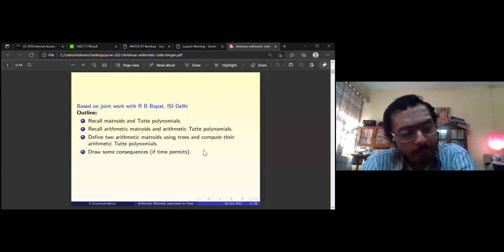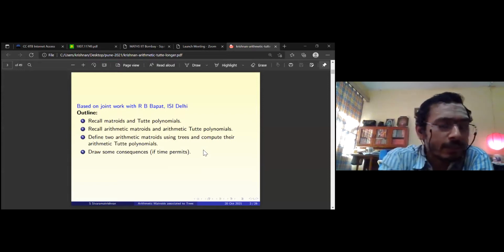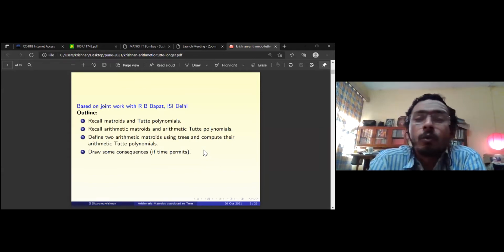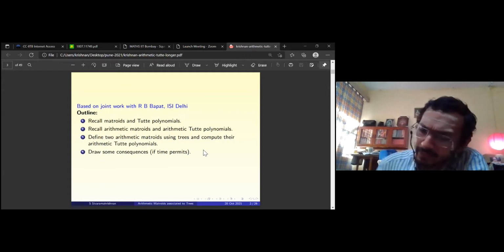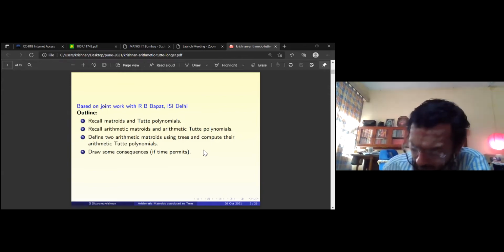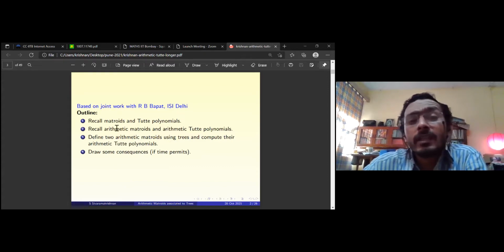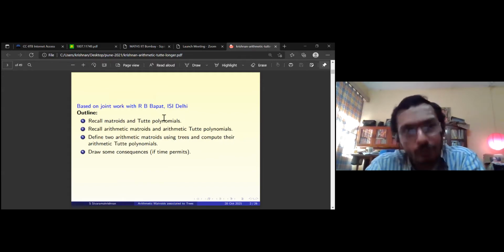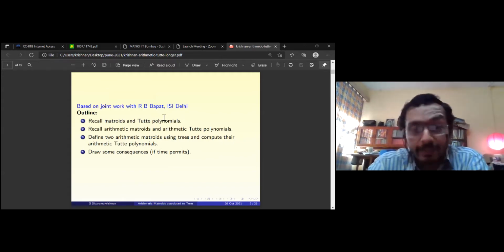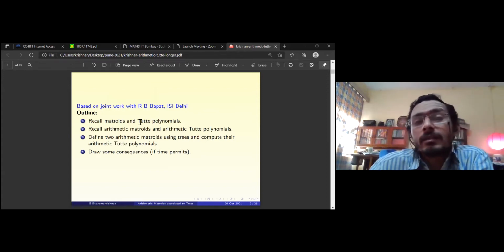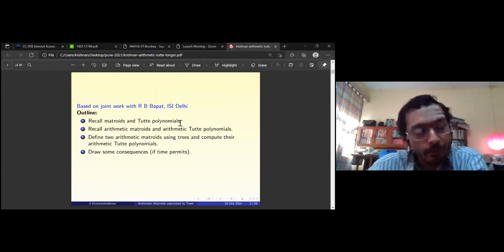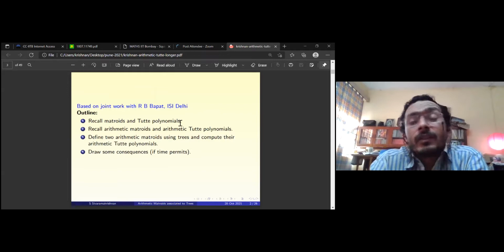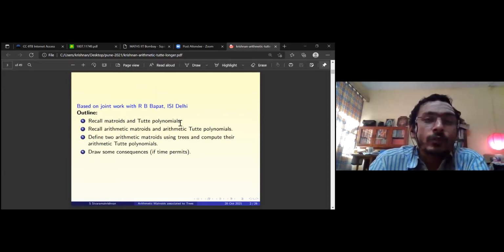I don't know what background I can expect. So I'll recall matroids and Tutte polynomials associated to matroids, which is a very interesting area, especially matroids in general. See the things that you can do with a list of vectors, especially integral vectors, real vectors, it's quite interesting. And there is this notion of Tutte polynomial of a matroid, which has found itself used in about 20 different contexts. So that's a very interesting object associated to a matroid.